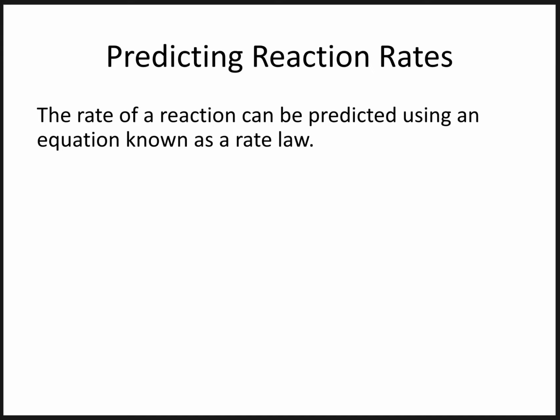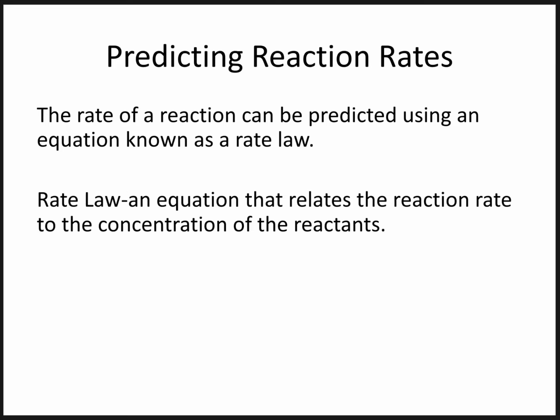Rates of chemical reactions can be predicted using rate laws. A formal definition of the rate law is an equation that relates the reaction rate to the concentration of the reactants. Rate laws have two components to them. They have what's known as a rate constant, which we represent with a lowercase k,